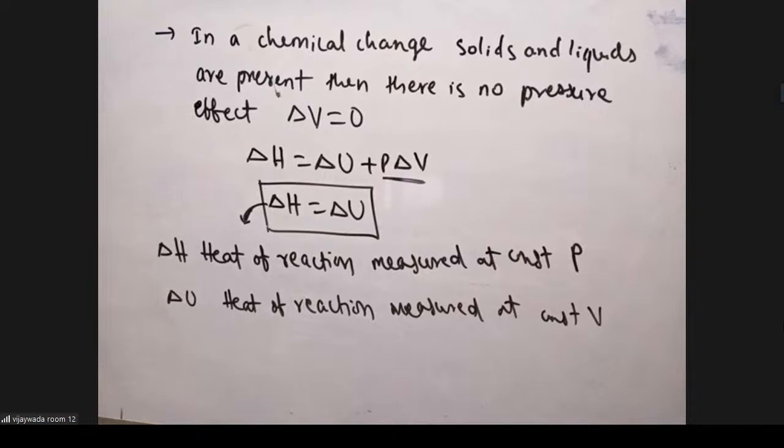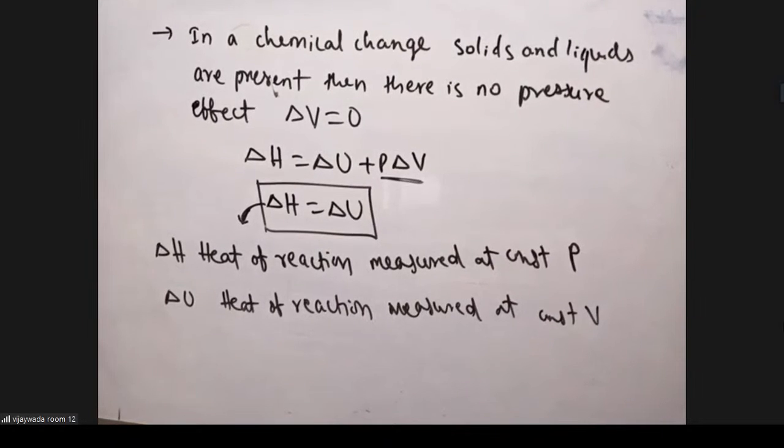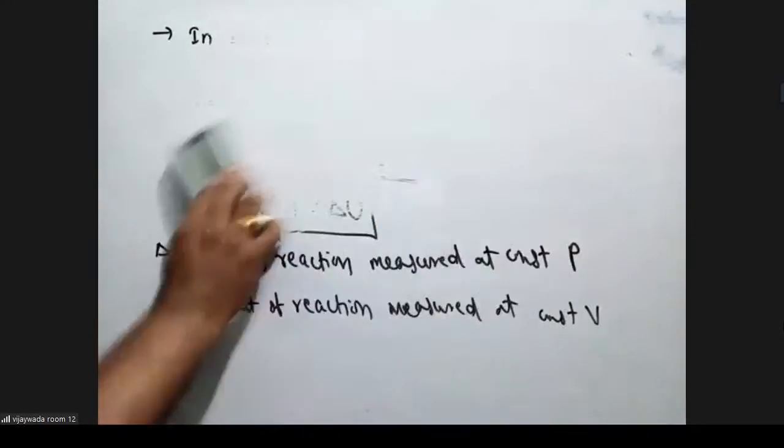Students completed. Students, chemical equilibrium we already studied. In that, we studied that there is no pressure effect on solid and liquids present in a equation. Only gases. Because solids and liquids do not compress, then there is no pressure effect. Okay. But in a chemical change, in product side or reactant side, suppose gases are present. Case 2,